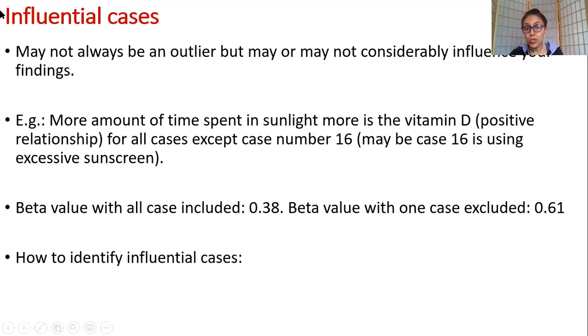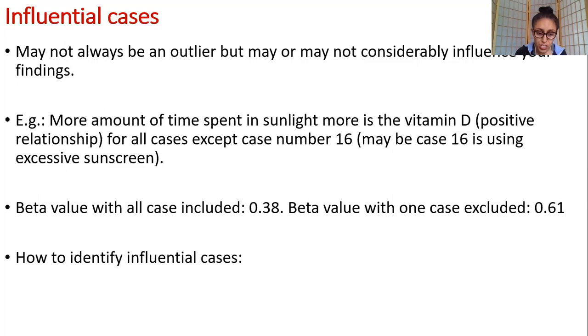Sometimes, students, the influence of one case is so strong that the beta can become negative. So if you include this one case, you may have minus 0.38, meaning more sunlight, less vitamin D. All right, and this is influenced by this one single case. Or if I'm talking about a data set of 2000, there may be a handful of such random cases which are changing the direction of your relationship.